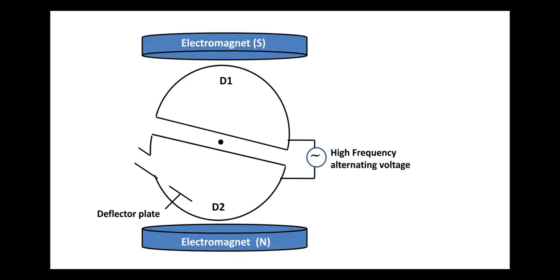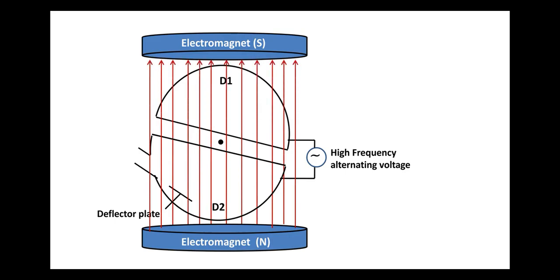Okay, and the whole assembly is enclosed in a vacuum chamber, and it is placed in between the two electromagnets. So this magnet produces a uniform magnetic field perpendicular to the semicircular face of these Ds. Now let us suppose a positive ion is generated at the center